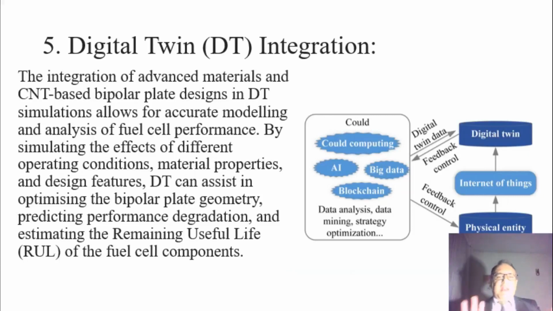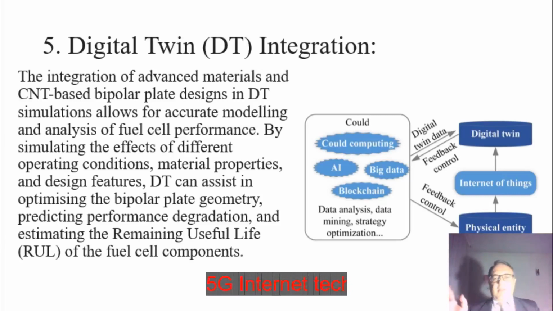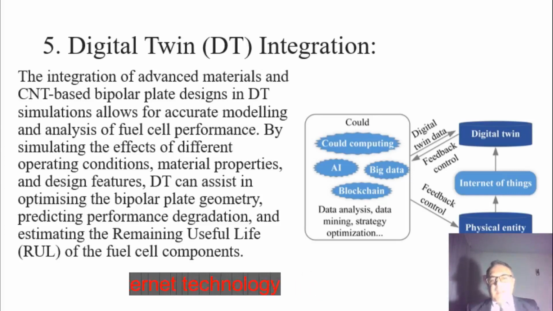And in this part, in some parts we need a digital twin. You know that digital twin nowadays can be very functional because of the 5G internet technology. If you move your mouse from 1,000 miles away, without any delay, you will see the result in another display. Here, once you use the CNT, it improves it. And this shows the material properties, and the material properties of it are very important. Using materials such as carbon nanotube is interesting and really functional.